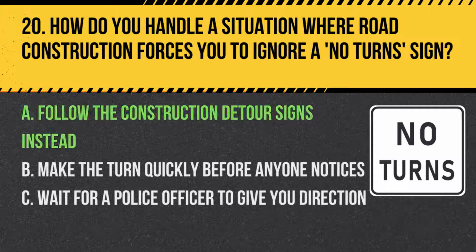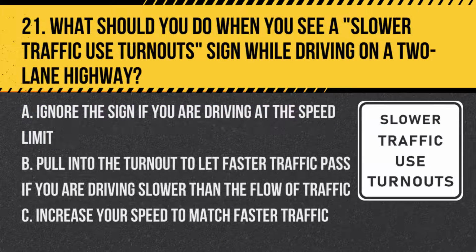Answer A. Follow the construction detour signs instead. In cases where road construction affects normal routes, follow detour or instruction signs provided by the construction crew or traffic control devices. Question 21. What should you do when you see a slower traffic use turnout sign while driving on